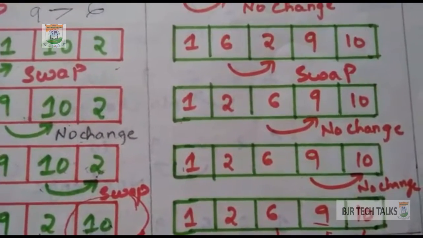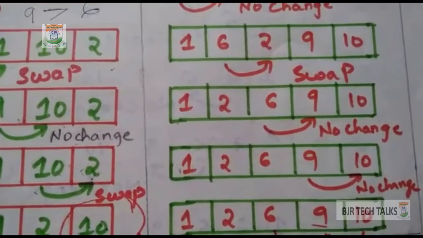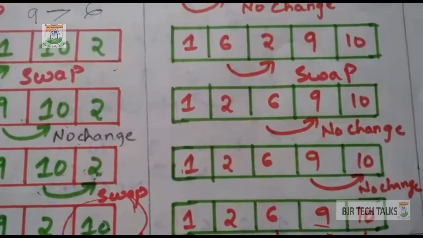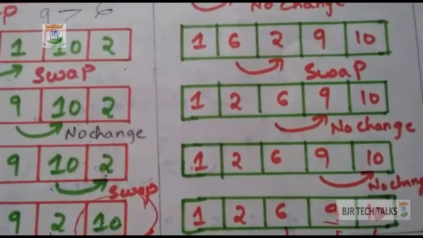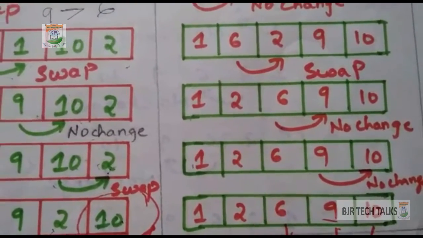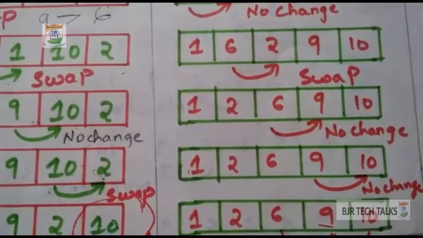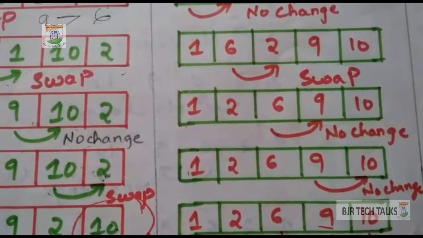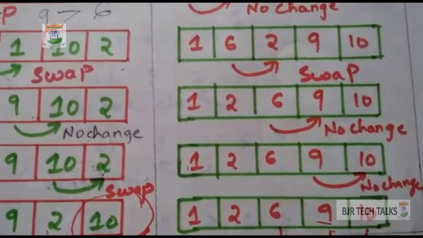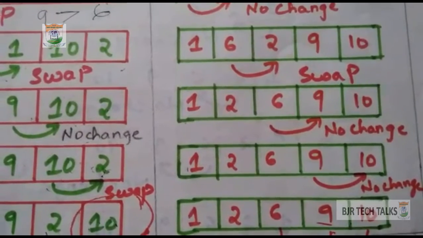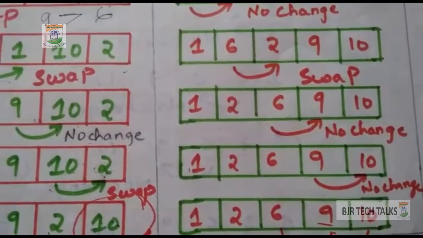So in bubble sort, in most cases the given elements will be sorted after 3 phases, but in rare cases they won't. It goes to a fourth phase or fifth phase. The number of phases we have to do is equal to the number of elements. That's why I have taken 5 elements, so I will also do 5 phases for understanding purposes.